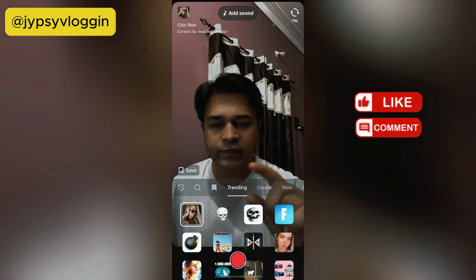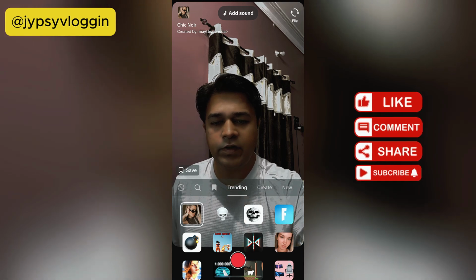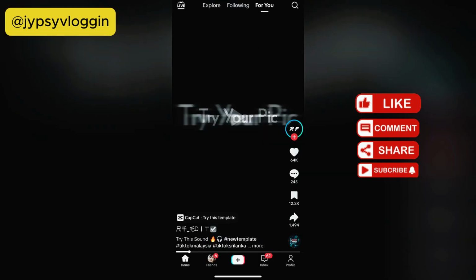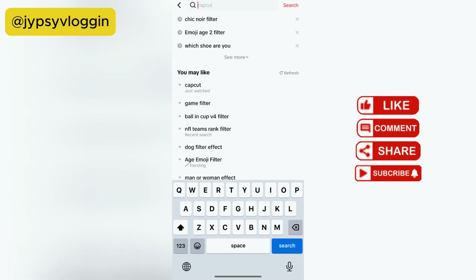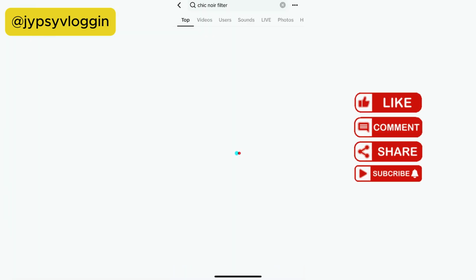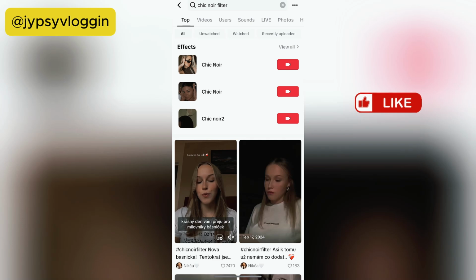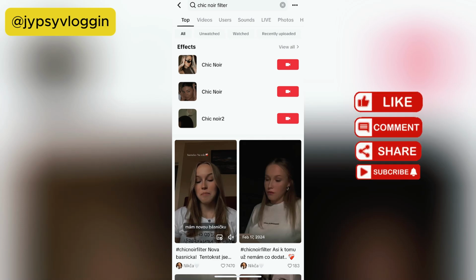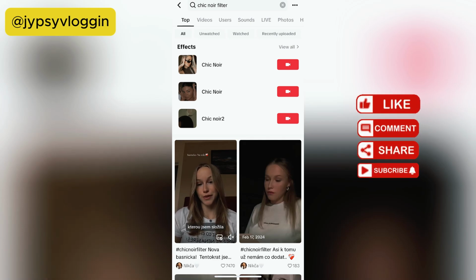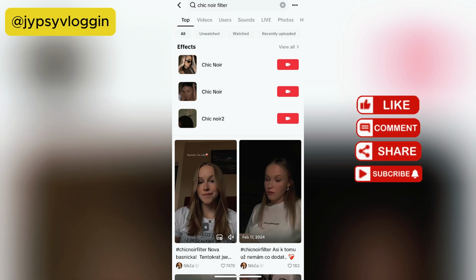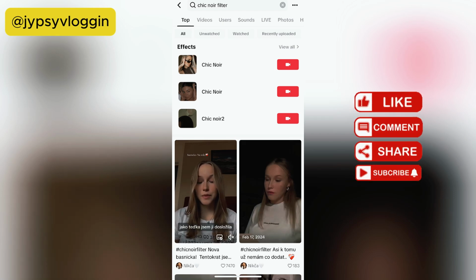Suppose you are not getting the effect like this from the effect gallery, go to your For You page and search for Chic Noir filter. Okay, on the top row you will see the effect icon. Just tap there and you will be directed to the effect page. From there you can use the effect or you can tap on